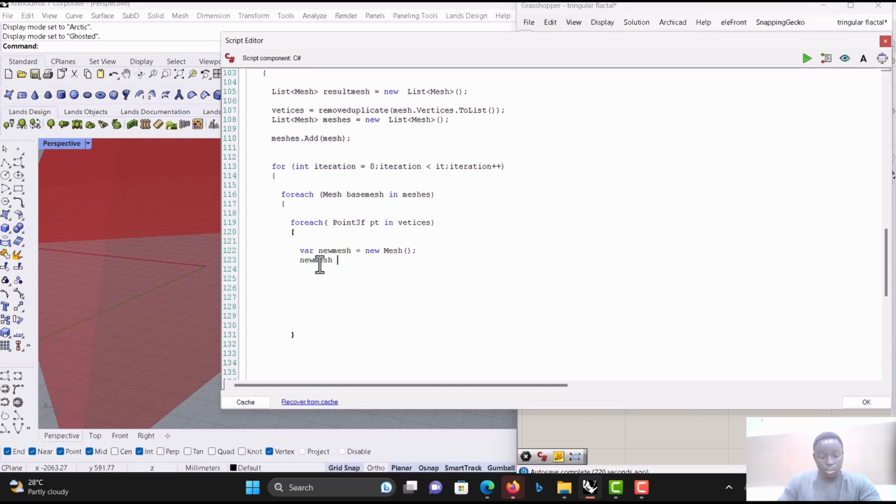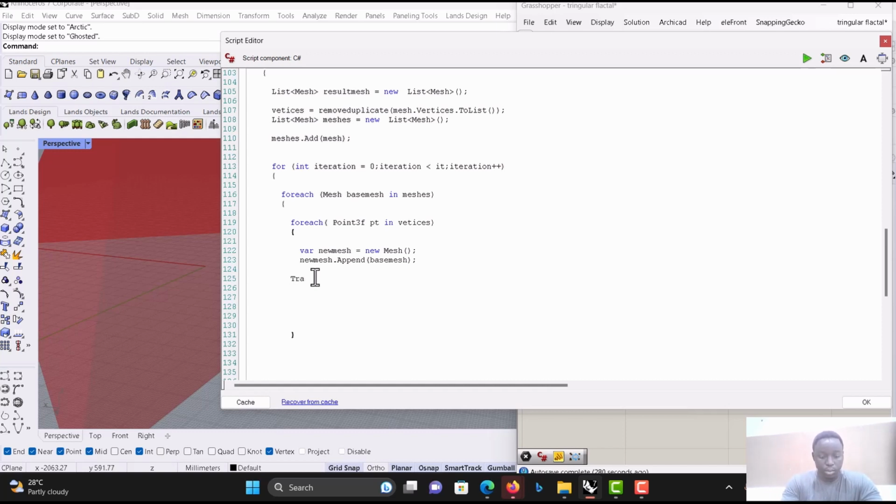In order to not scale our original mesh, we need to pass the mesh we are getting from meshes as a duplicate. So the way to do it is to add it as an appendix. So in this case, we do not get the duplicates. So we add this base mesh. In this case, what it helps us is not to scale the original mesh, because if we keep scaling this one, we keep scaling the original mesh, but here we are passing a copy. So close it, and then let's create